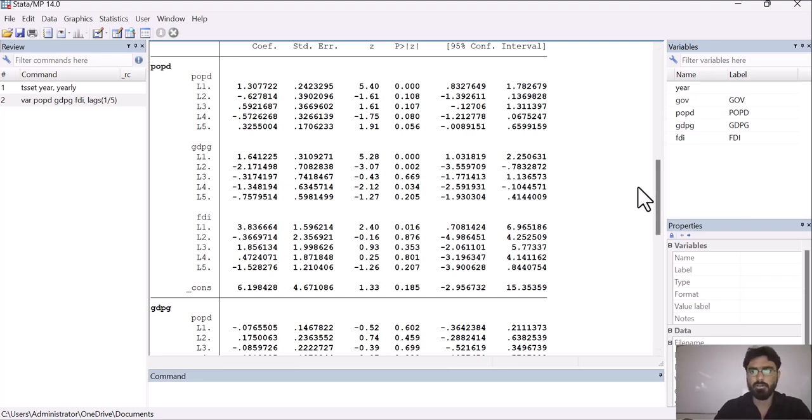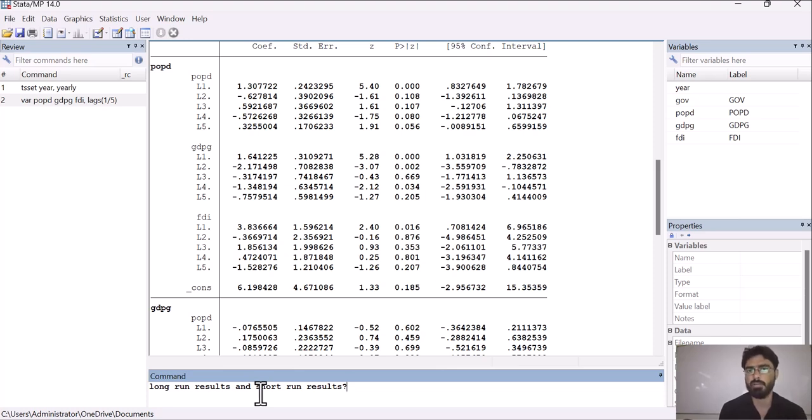Now there are 2 questions: where are the long run results and where are the short run results? Basically there are no long run results. Why? Because we have already applied the Johansen co-integration test and it confirmed that there is no long run co-integration between these variables.